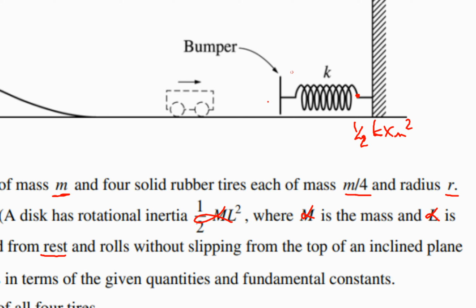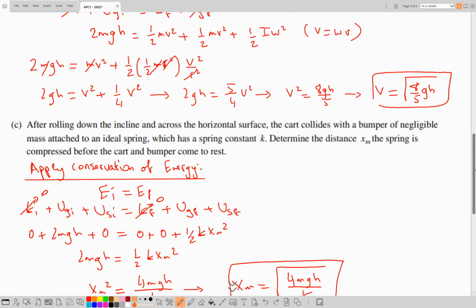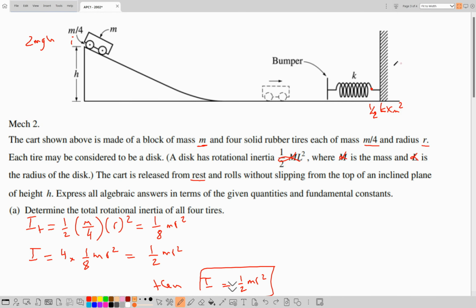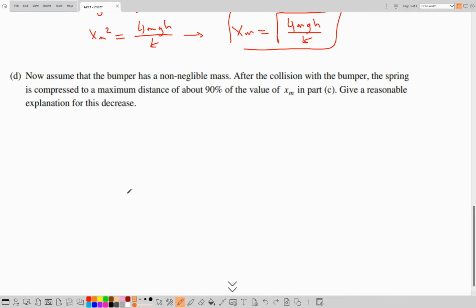Initially, we didn't talk about the linear momentum because simply the bumper has no mass, which means the phase is only about energy. Now here, if it has a mass, we need to split the phases into two. We need to do the conservation of momentum, and they would stick to each other and the speed would decrease. Unlike the conversion of complete speed in part C to xm, here the speed would decrease before we compress the spring. So the explanation would be, since the collision